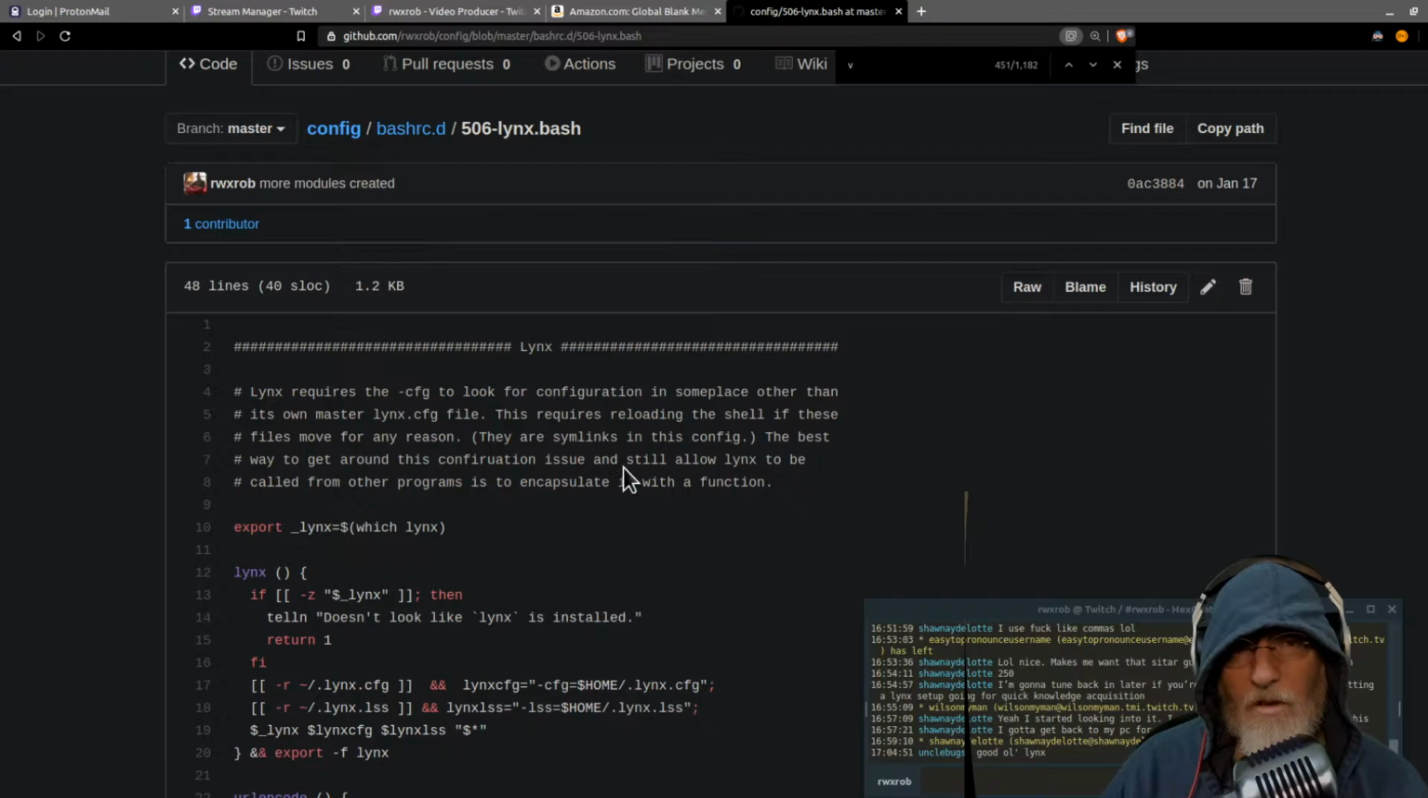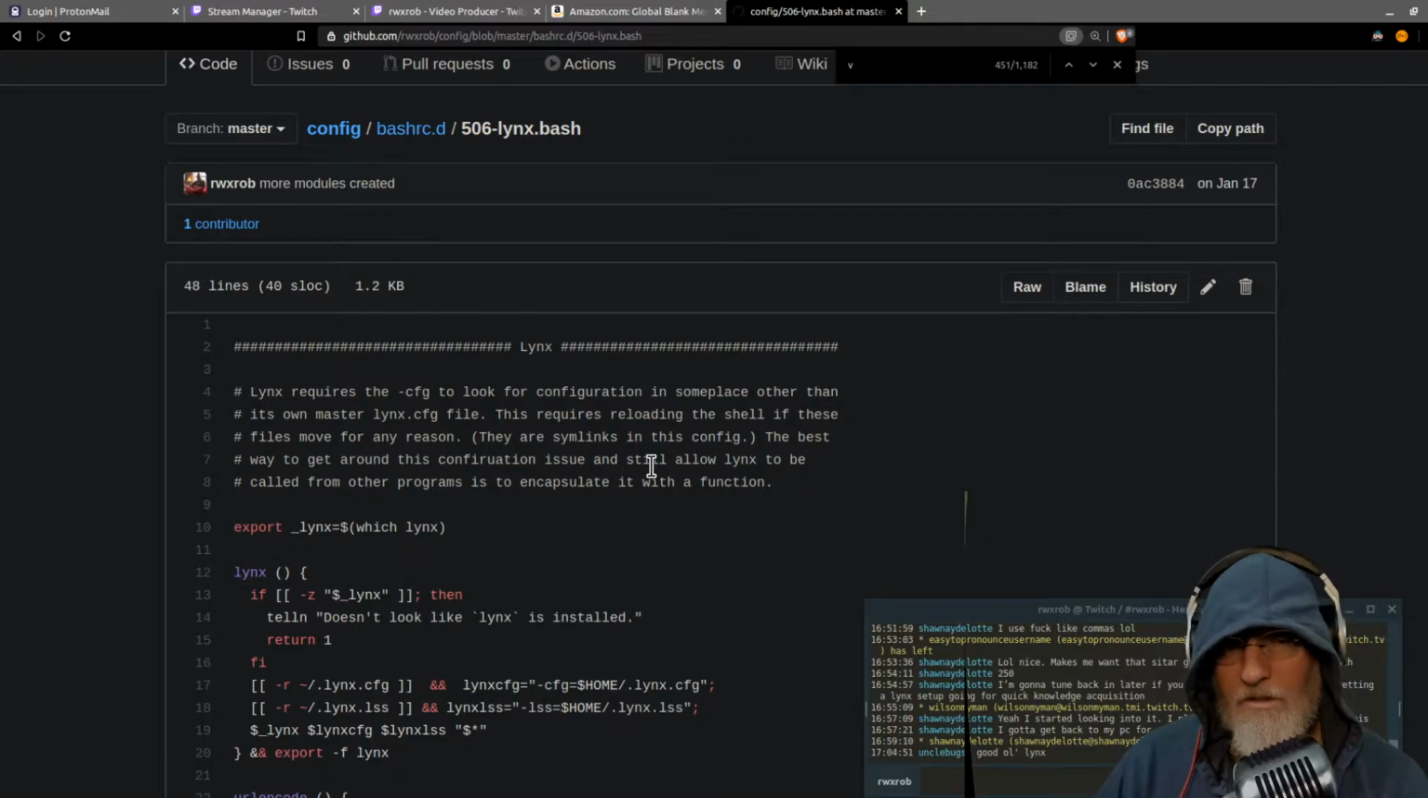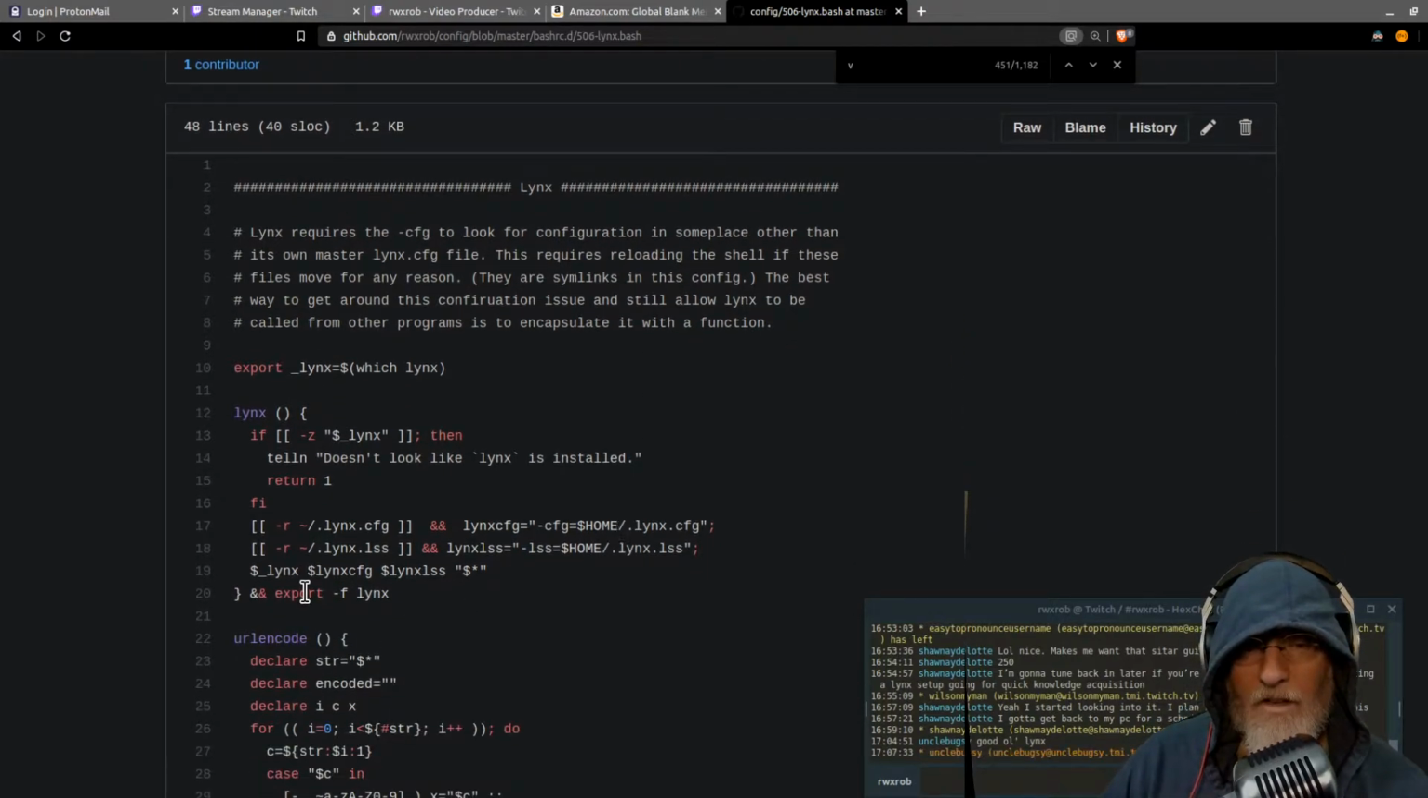These files are all combined together to create one large bashrc for me, but I leave them individually kind of broken out so that I can test them and I can share them with y'all. So if you want to just test or take one, you can do that. So what I've done here is I have exported a Lynx function that takes